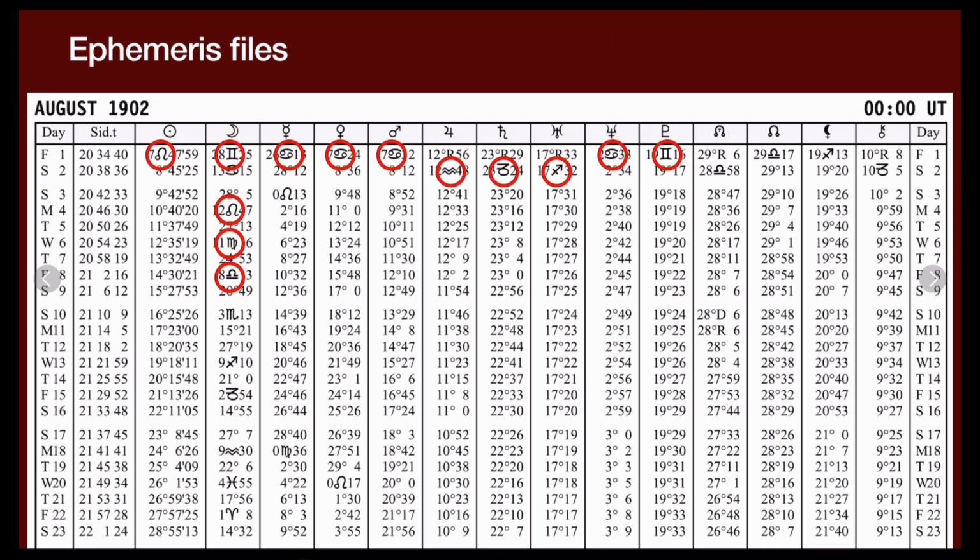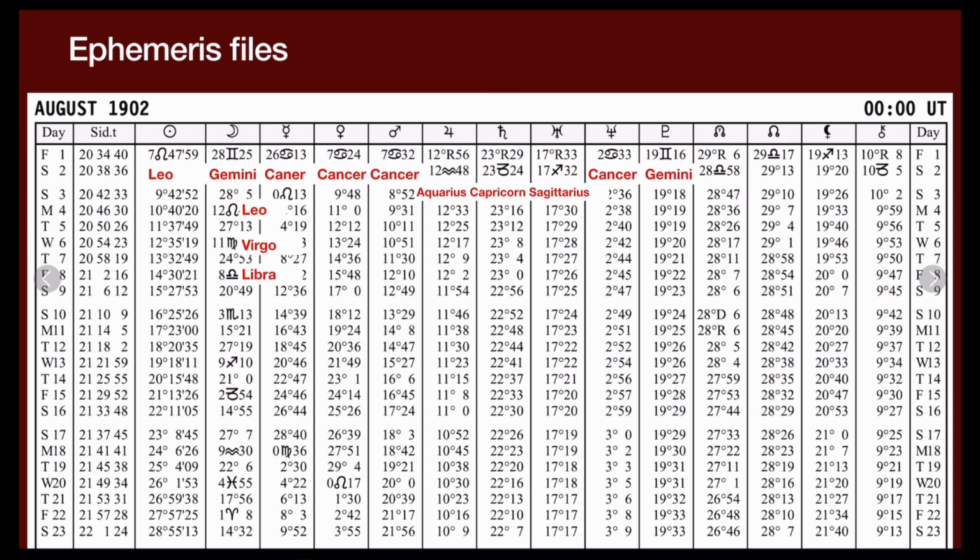Now if you think of the sky as a circle, and of course a circle is 360 degrees, well, if you cut it up into 12 equal segments in simple terms like a 12-piece pizza, there's one sign for each segment, and they have familiar names. But what we're talking about here is mundane astrology, which is astrology that affects normal everyday things like business, and in this case the stock market. So each segment or piece is 30 degrees, there's 12 signs, so 12 times 30 is 360 degrees, which makes up the circle.